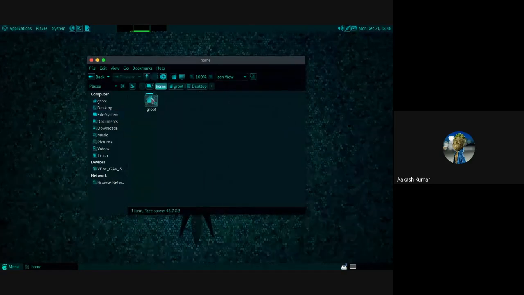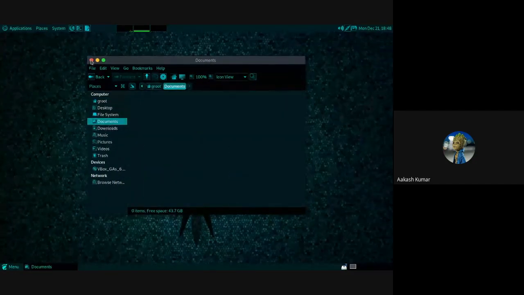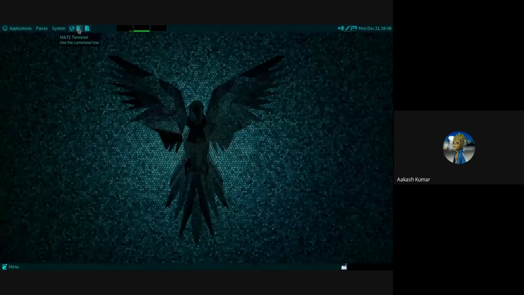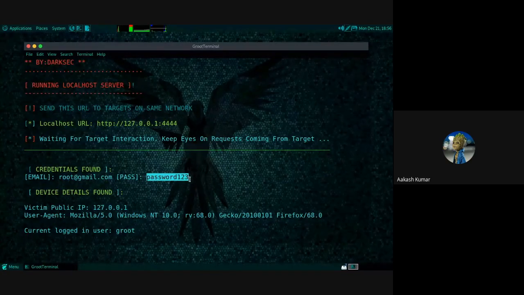This one, and here my user, and then all the things like documents, downloads and everything. So that thing is accessible on the terminal, which Gnaneshwar told, and he gave us a brief about some basic commands. You can visit them later. And here we got email and we got password. Also we got these details, user agent and whatever else. Also you can get their locations too with this tool.